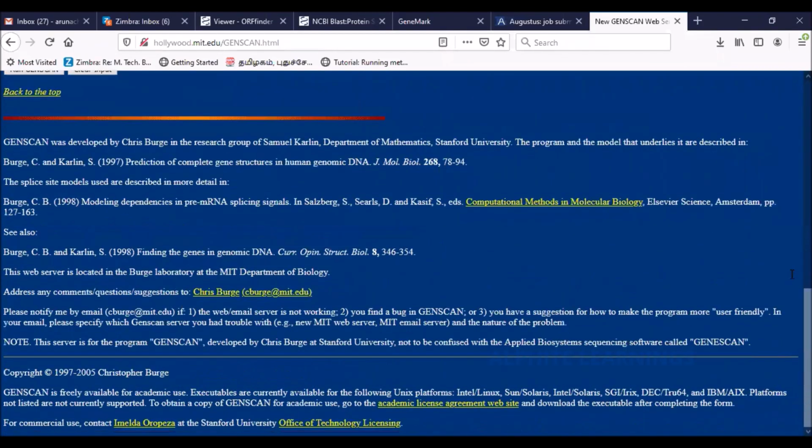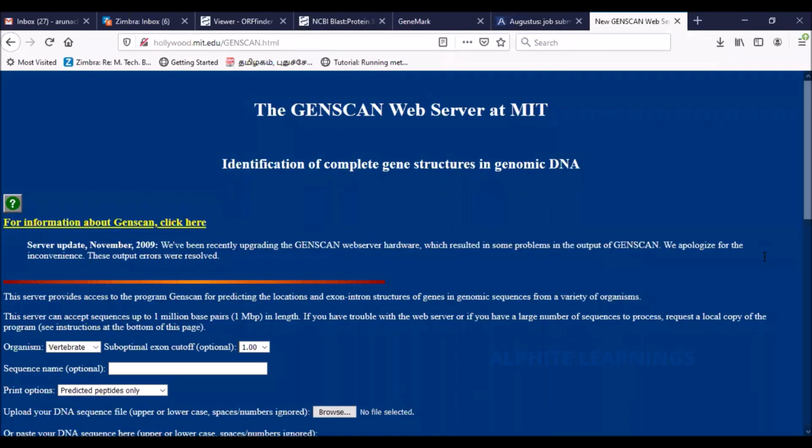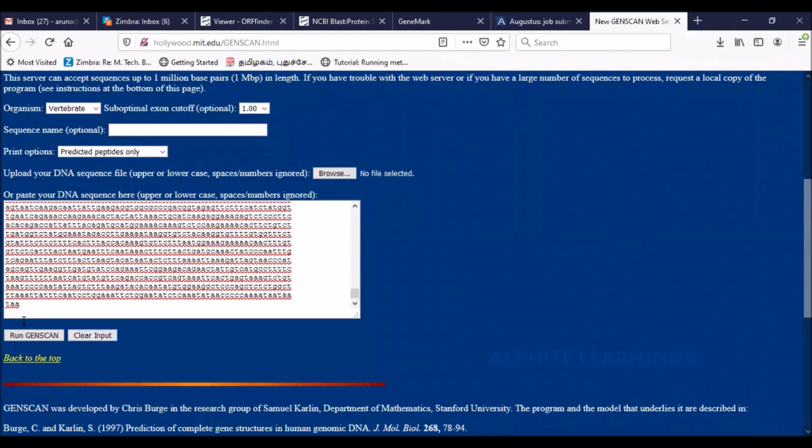All right. You look at this. This is very simple. All right. This is optional. You can give a sequence name or you just leave it. You know it's a vertebrate. So these are the only options that you have. We know it's a human sequence, all right. So just select vertebrate.